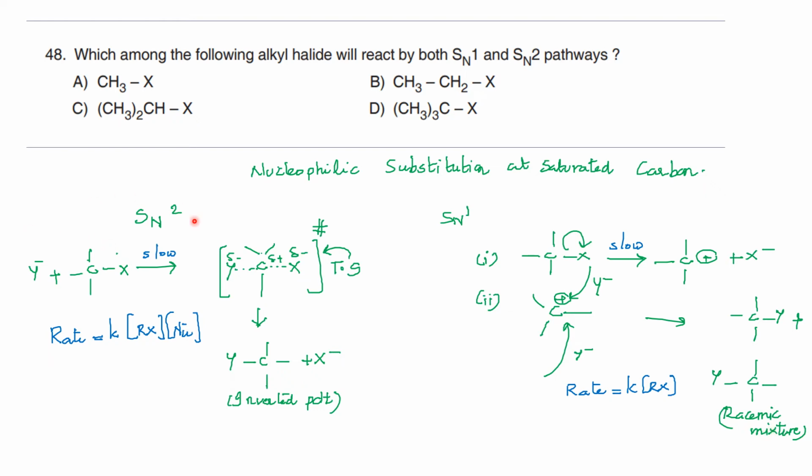So in case of SN2, it is an inverted product, and in the case of SN1, it is a racemic mixture. And moreover, the first step is the slow step, which involves only the alkyl halide. Therefore, the rate of the reaction depends upon the concentration of only the alkyl halide. That is why it is given a 1 subscript for unimolecular reaction. So now coming to the question, you are asked to find out the one which can undergo reaction